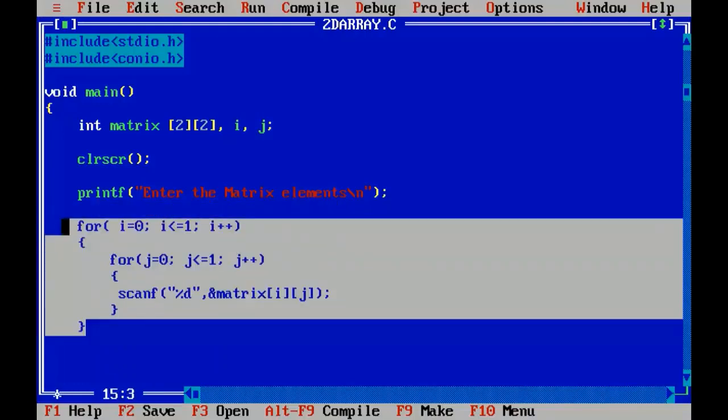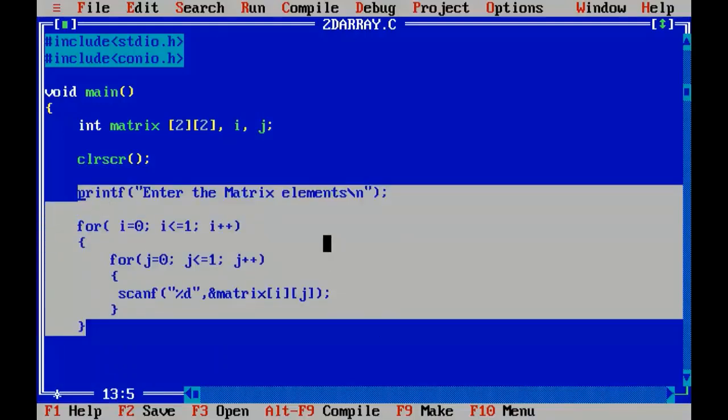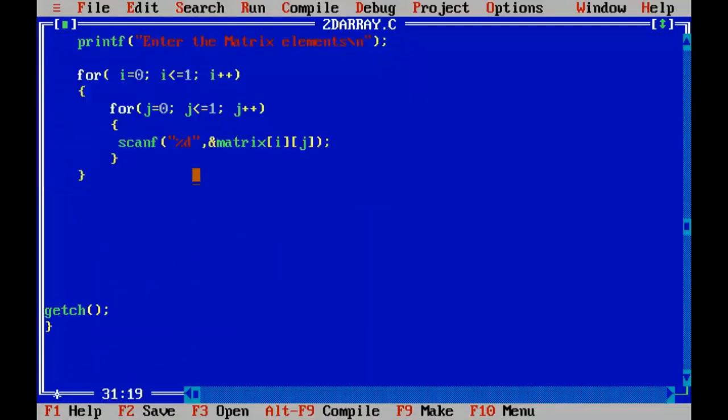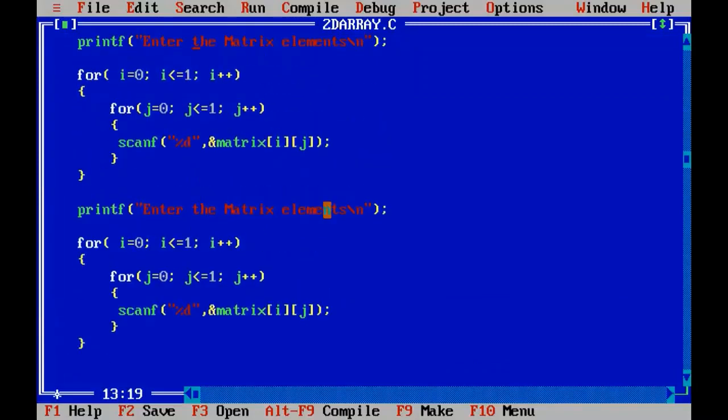So I'll just copy this and paste it below here, right? So this is for printing the matrix elements.